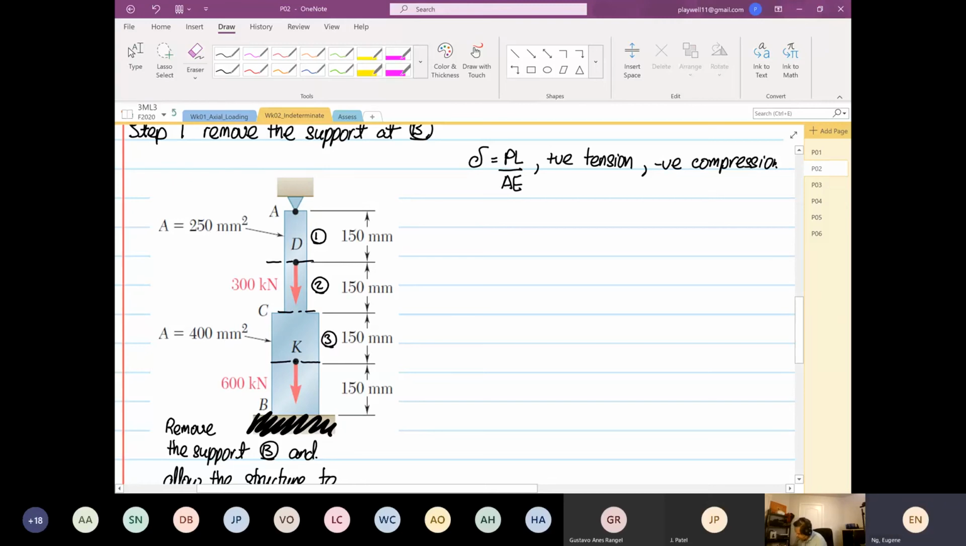Number 3, there's a load, right? And then finally, this is your last part, 4. So you have to divide into 4 sections. Okay. So now we are going to calculate